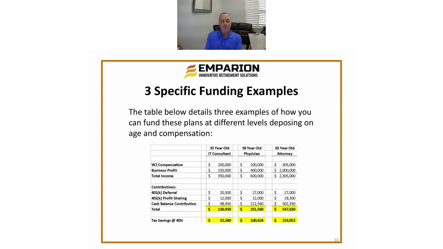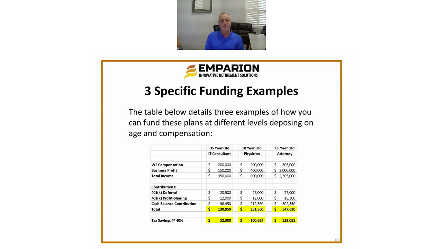So it's not unusual for tax savings to go a lot higher than that. I'd say probably about a third of our clients are in California. And so as a result, we see tax rates well over 50% for some of our clients. So certainly something that you could chat about with your CPA to see what your tax savings is going to be. Last example, 65-year-old attorney,